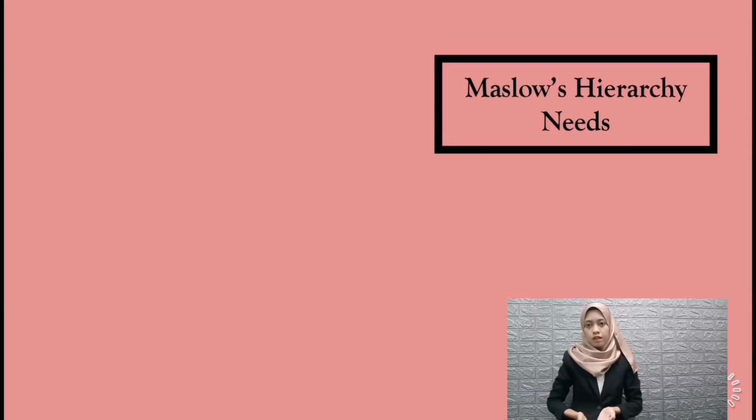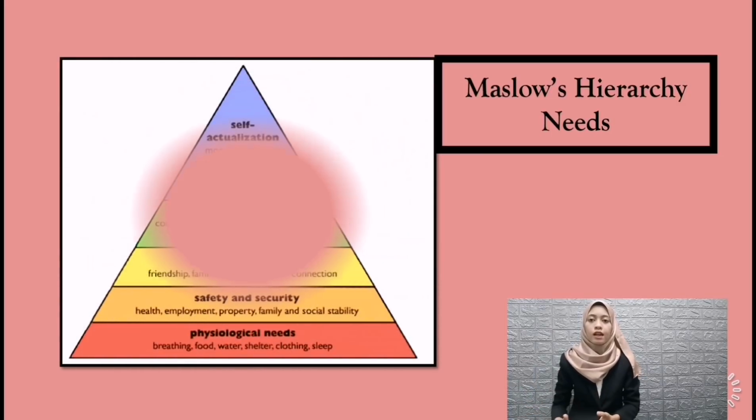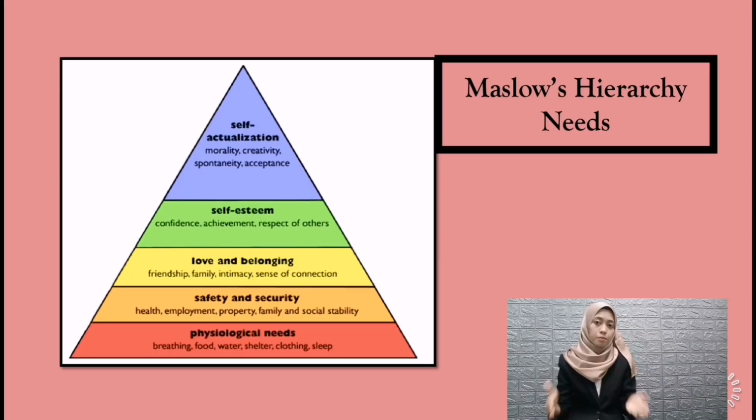So we have found one chart related to academic motivation, named Maslow's hierarchy of needs. It has been illustrated in the form of a pyramid, divided into 5 subsections. The first one is physiological needs, followed by safety and security, love and belongingness, and self-esteem. The last one is self-actualization. All these needs have to be accomplished to ensure that the student gets better motivation in academics